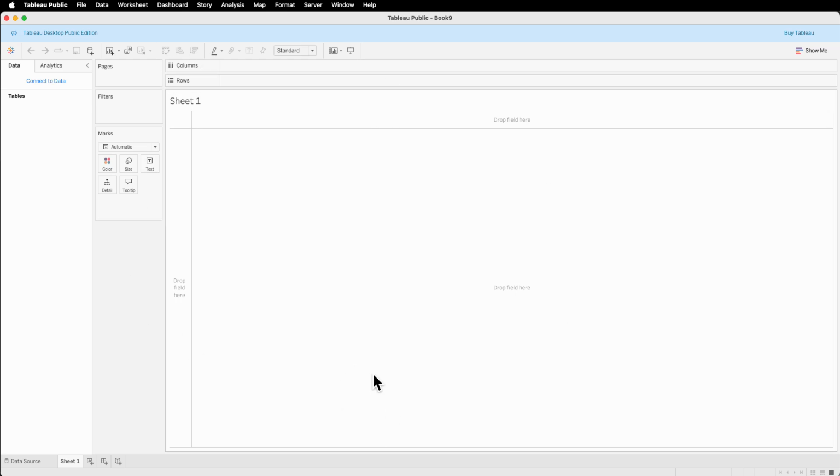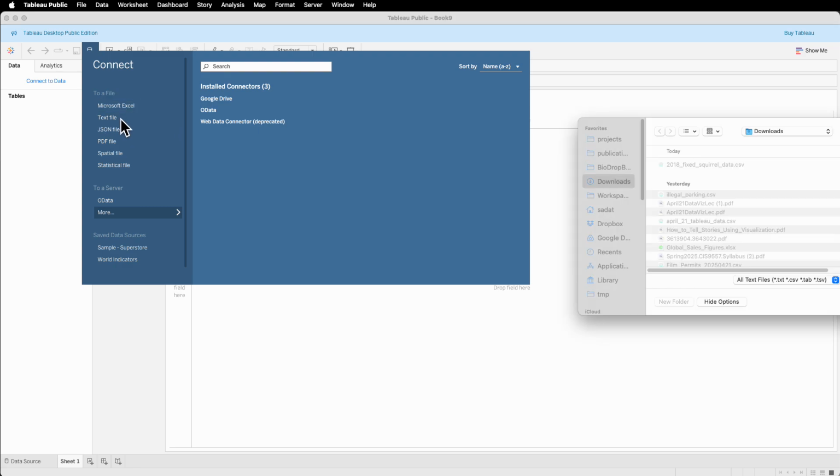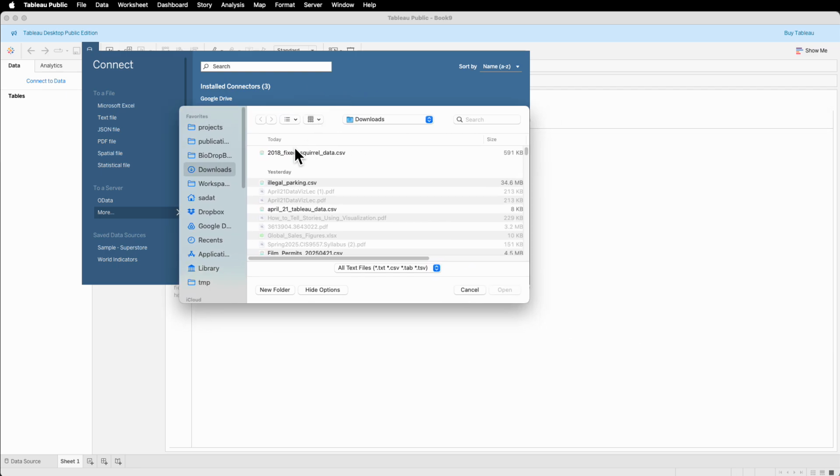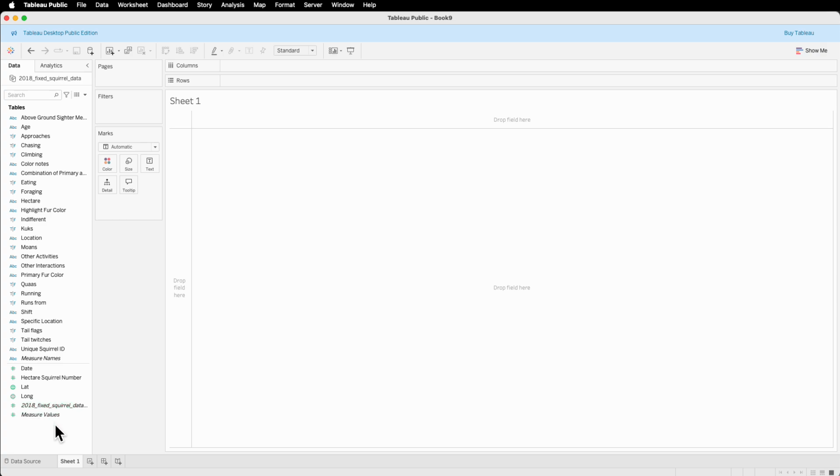Whenever you work on a document in Tableau, it's called a Tableau workbook. So I'll connect to the data source, and in our case it's a CSV file. I could have saved it in Excel and imported, but in our case it's CSV. This is the file, 2018 fixed squirrel data.csv. I'm going to open this up, and now if we go to the sheet view, which is already open for us to see,